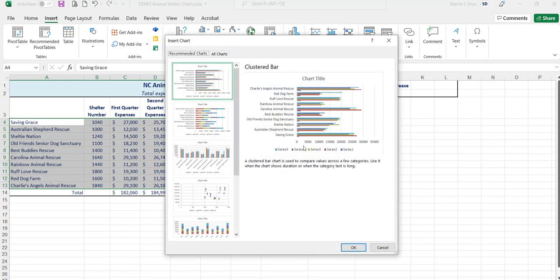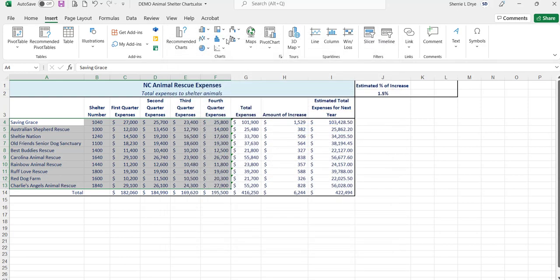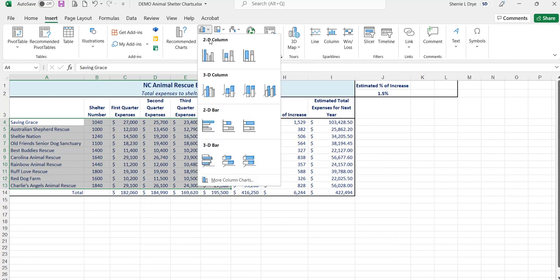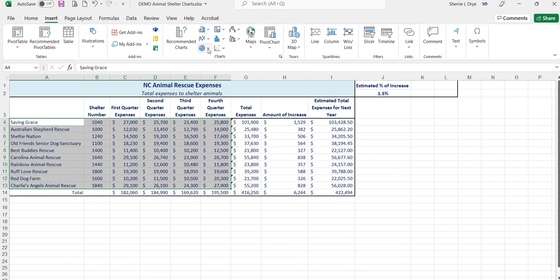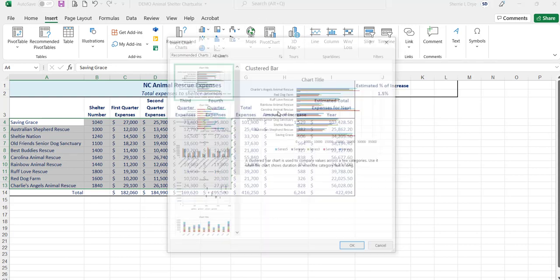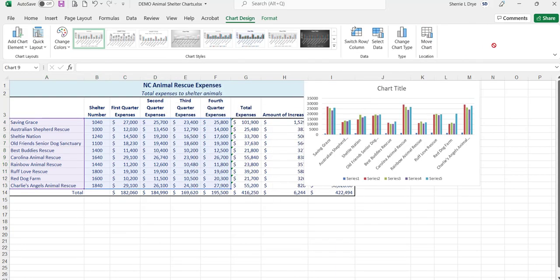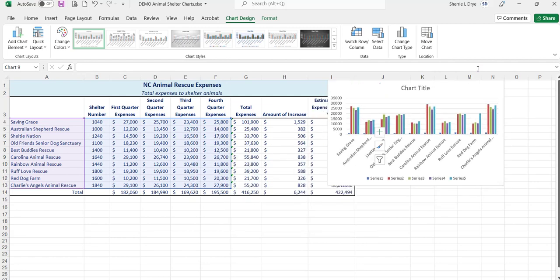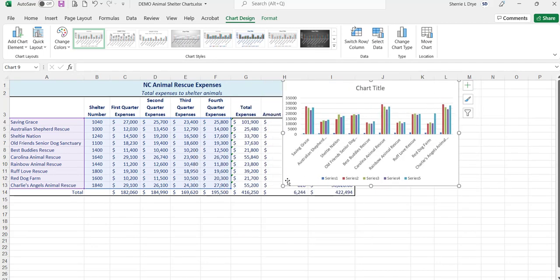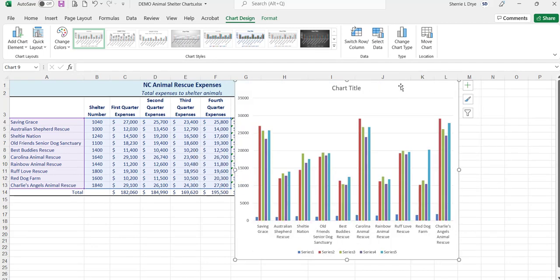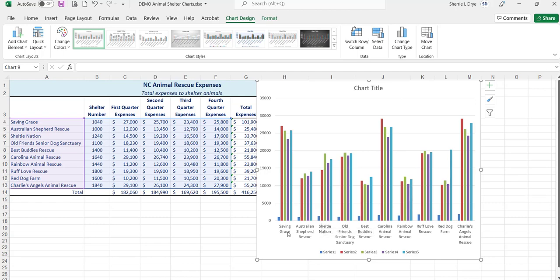You can go to recommended charts and choose one from here, or you can choose from the column, line, pie chart, and so forth here. I'm just going to go to recommended charts, pull one in,